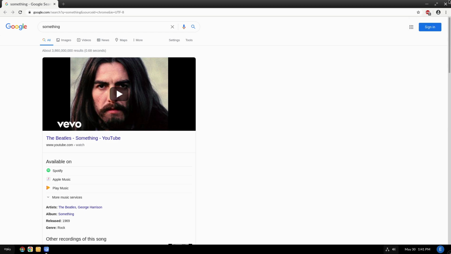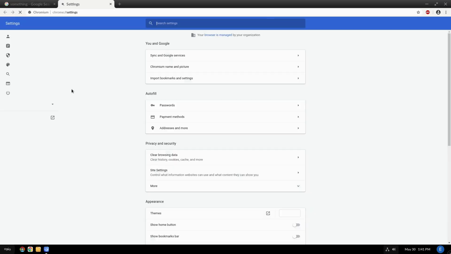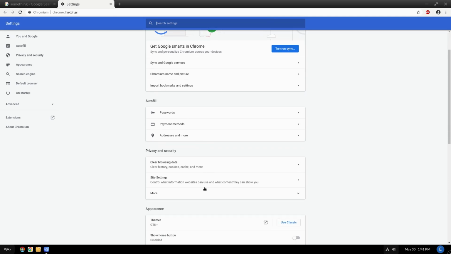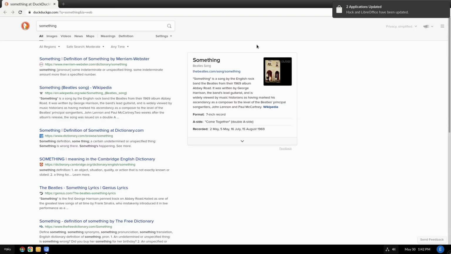It is setting the default search to Google. My guess is that if we go ahead and change our search settings for this, then you can probably change that around. So let's go ahead and change our search settings. So indeed, it will actually search with whatever your default search engine happens to be.